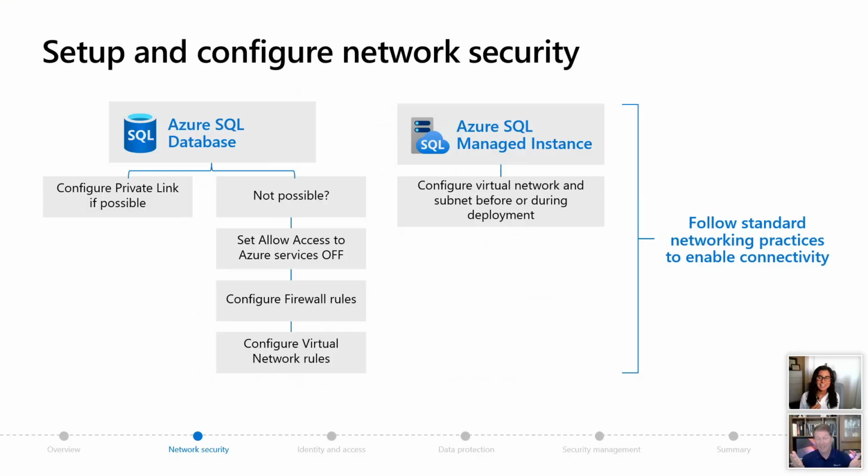No, Anna, I actually love the description of what you did there, because we really debated a lot how we should present this topic. We feel a lot of people doing SQL Server are not necessarily network experts. I know I'm not. But if you break down the task and how you would do what you just showed for Azure SQL Database, I think you made it very clear that if you want to be as secure as possible, you would configure private link. That would be like your first choice. There could be some reasons you can't do that or don't want to do that. And if that's not possible, what we recommend is to turn off allow access to Azure services.